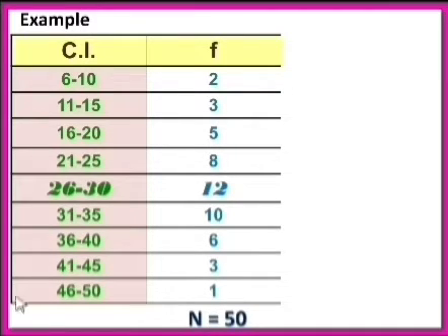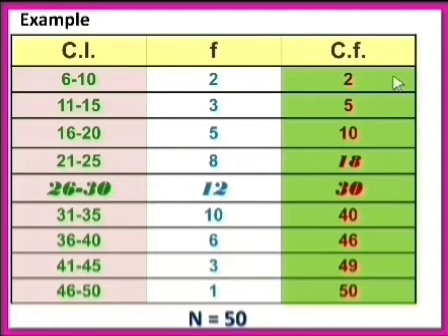Class interval and frequency are given in the problem. We want to find the cumulative frequency for the given data. For that we have to write the first class interval frequency, 2, as it is in the cumulative frequency. After that we add the first cumulative frequency 2 with the second class interval frequency and write the cumulative frequency, that is 5. After that we add 5 with the third class interval frequency, we get 10, and 10